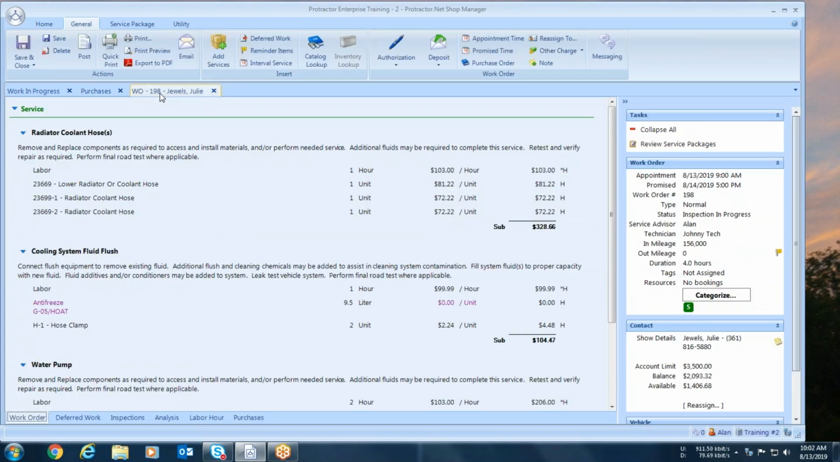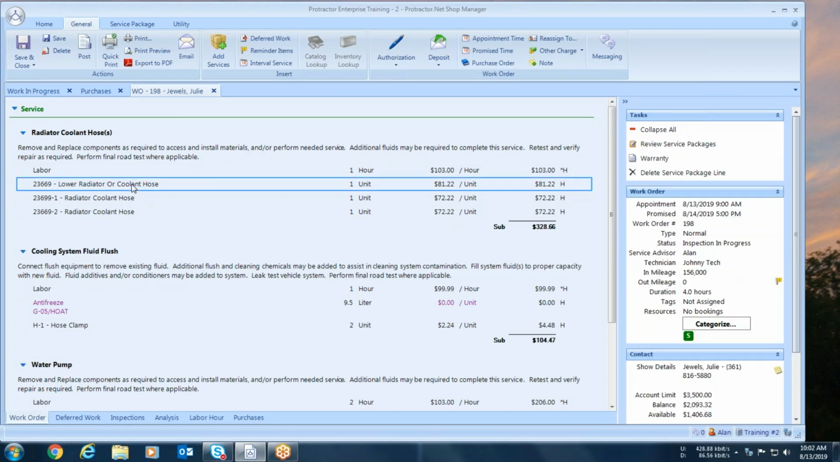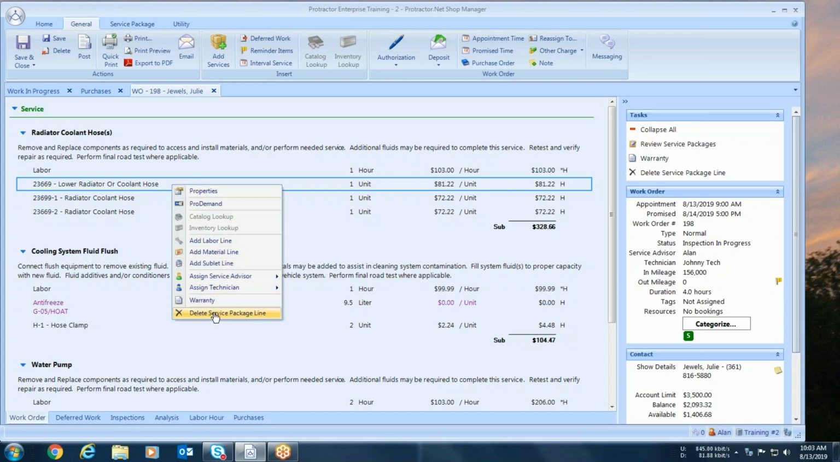Go back to my work order. A lot of times we will purchase items, receive them in, come to find out we don't need them, don't want them, might be the wrong part. This is pretty simple. You just simply right click on it after you've received it. You're going to hit delete